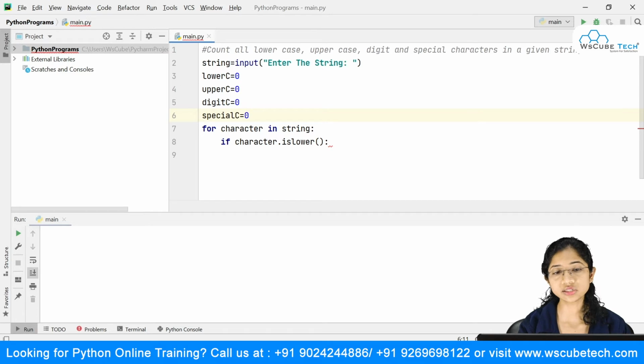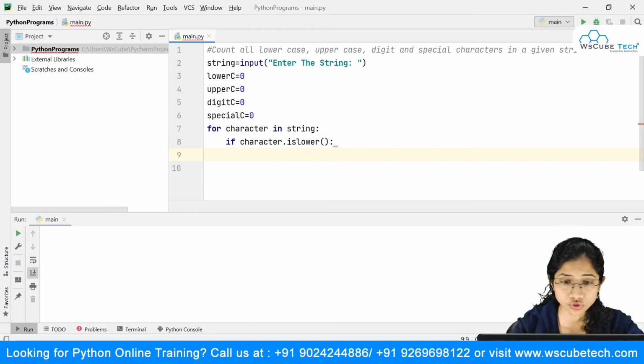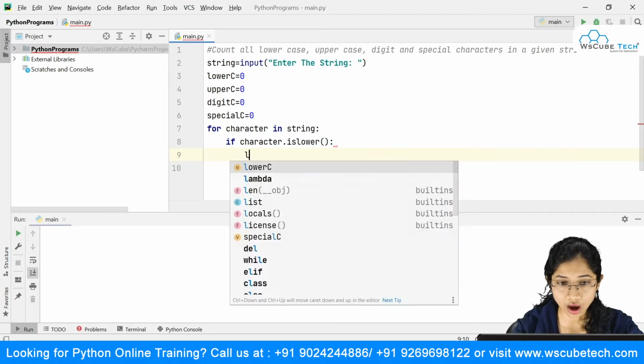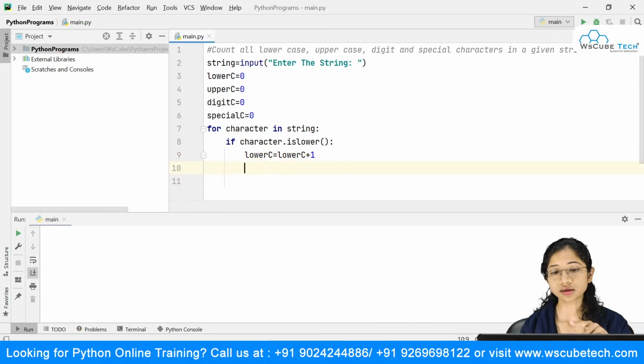Alright, so I've initialized these values, and over here now, if that particular character, that is w, is lower, then you just make lower count is equal to lower count plus 1. So it will just count the 1. So if in our case that w is small, this count will be set to 1, because earlier the lower count is 0, so it will be 0 is equal to 0 plus 1. Okay, so it will be just 1.